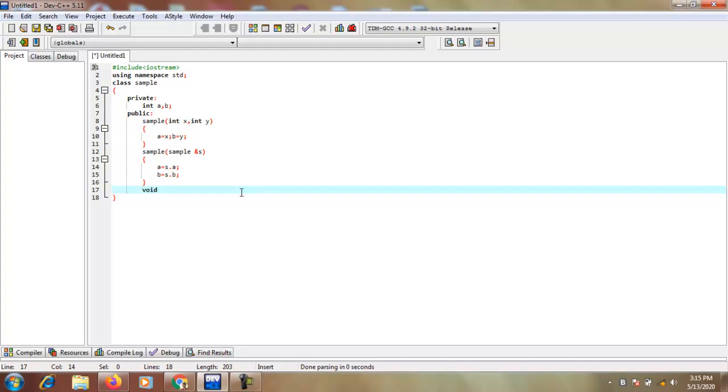Okay, and then I write the display function. So void display, and here first I write something to display on the output screen.